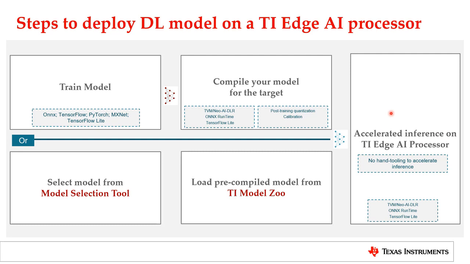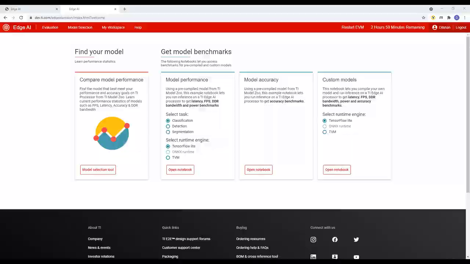It is important to note here that inference is executed on an actual TI processor in the EVM farm, not an emulation environment. In addition, with the TI AGI cloud service, both the compile and deploy steps are performed using a Jupyter notebook running on your browser. Now, to show you some examples, I will take you to the page you land on after you log in.